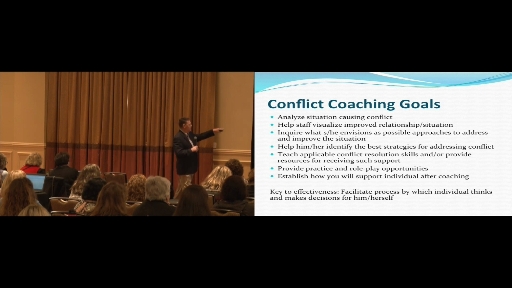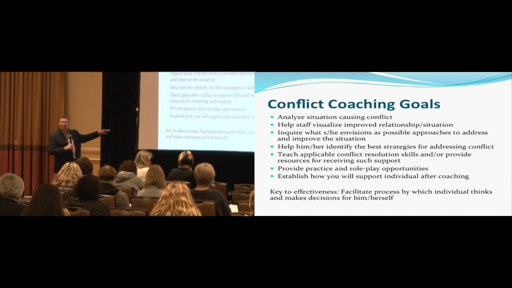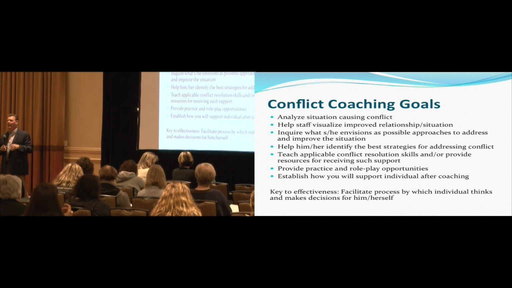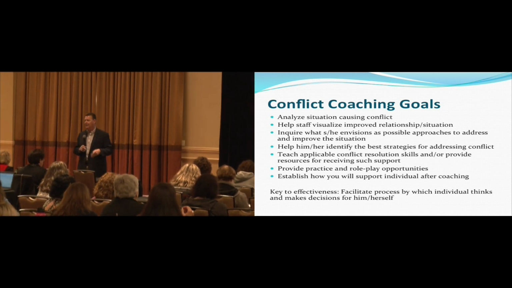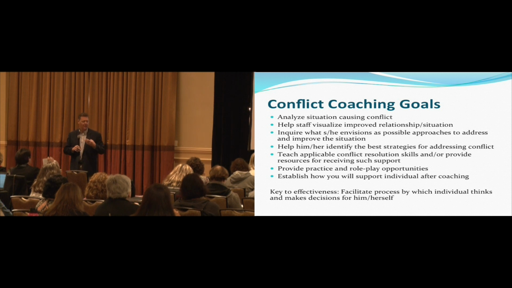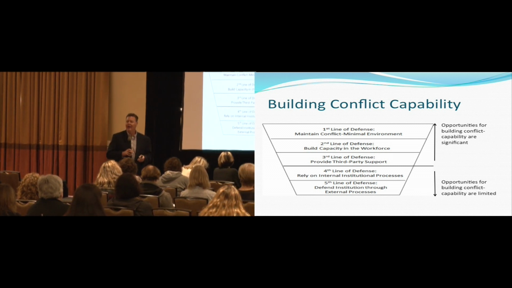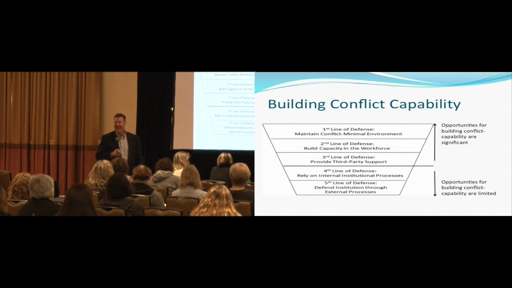And the key to effectiveness is to facilitate a process by which individuals make decisions for themselves. The bottom line is the principal can't say, all right, you guys cut it out, or I'm going to have to give you 3 days suspension. All right? And everybody in here who works with employees, you have a hammer. We know that. This isn't about that. This is about not using the hammer. This is about putting that employee handbook away and actually working with human beings so that they become the key to the conflict, right?